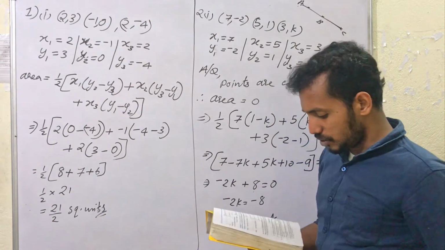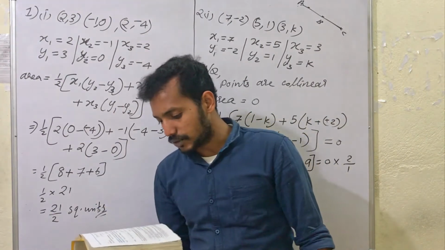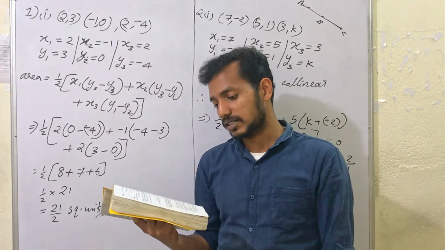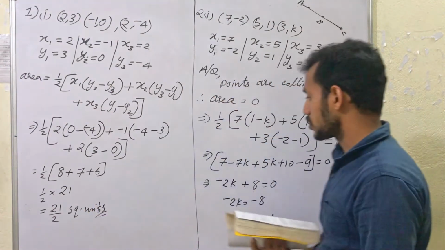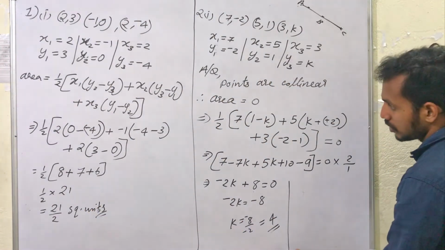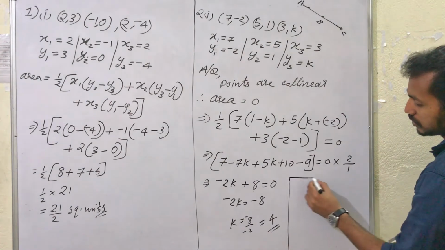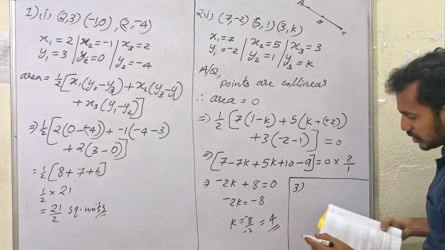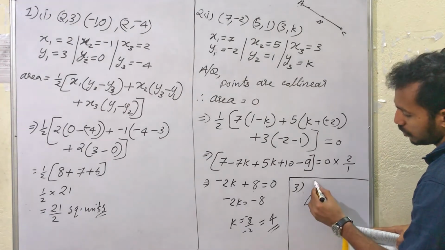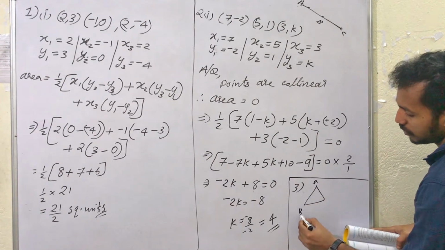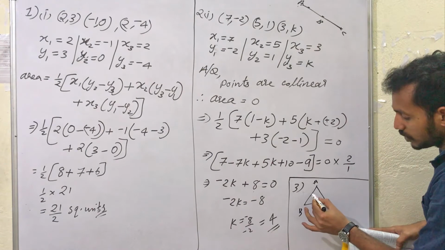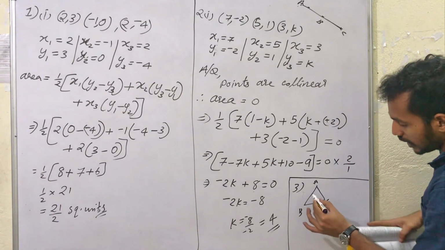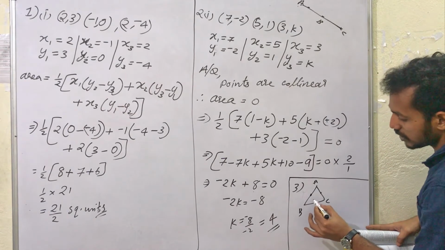Now there are some more questions. Find the area of the triangle formed by joining the midpoints of the sides of a triangle whose vertices are given. So for such type of question, for question number 3, I am not going to do this, you can just try yourself. The coordinates of a triangle are given, and you have to find the area of the triangle formed by the midpoints of these three sides.